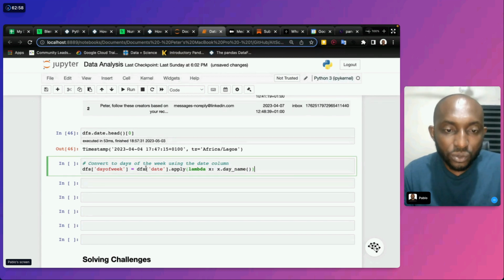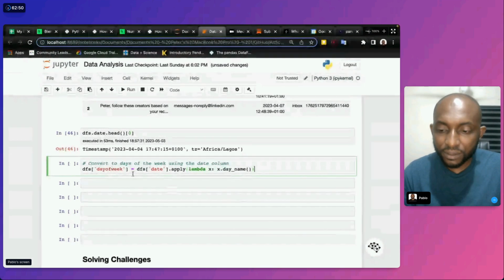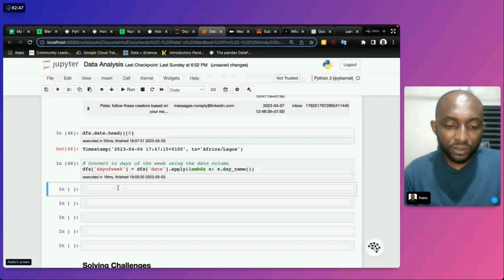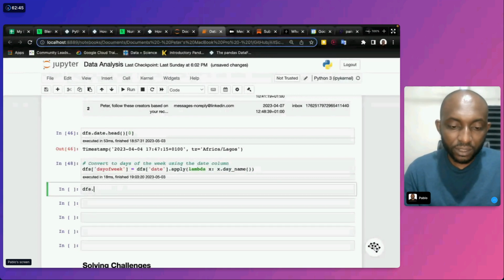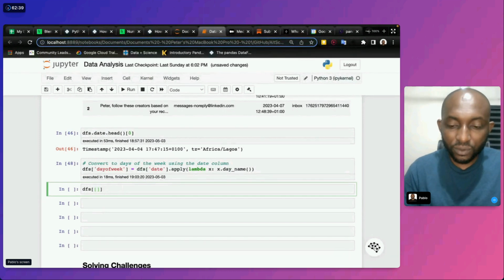So what this should do is take all the days, for instance this first one is supposed to be a Tuesday, and it's supposed to put it in here. So if I do DFS head, no, not DFS head. Let me use this.